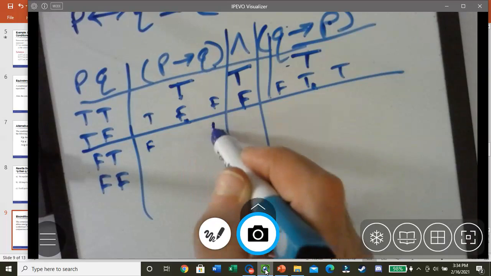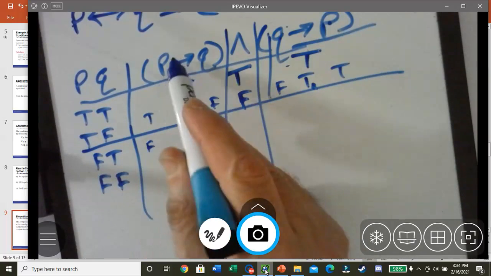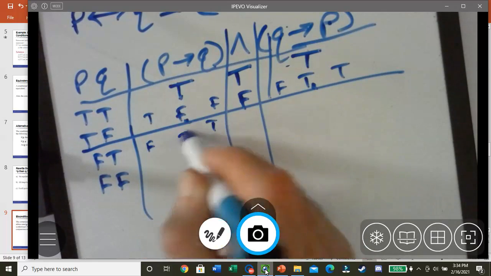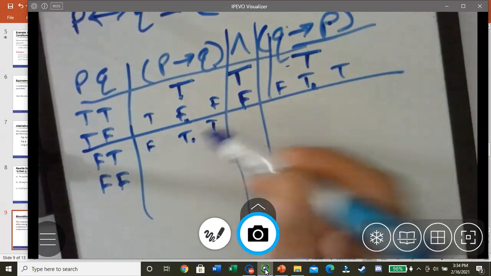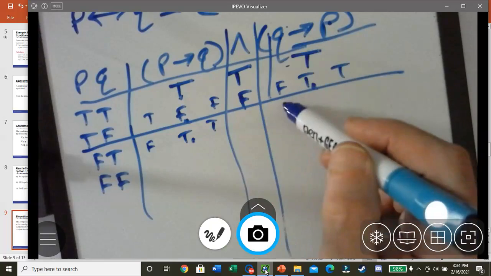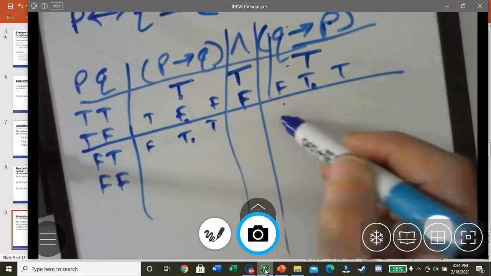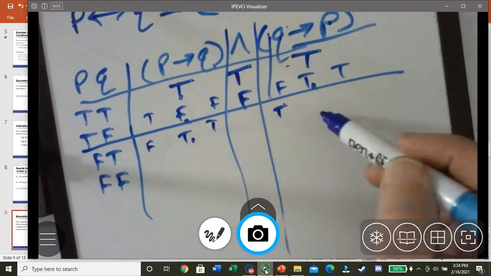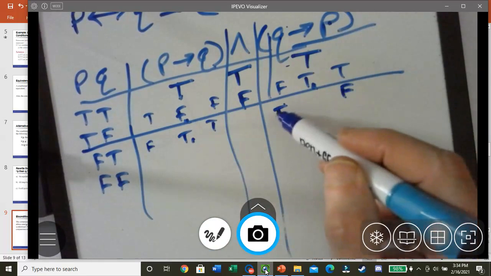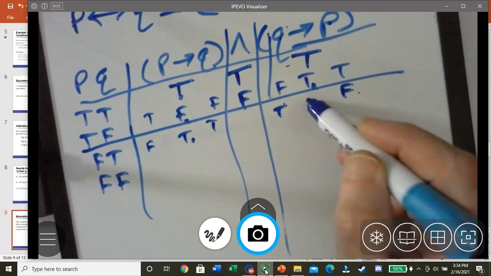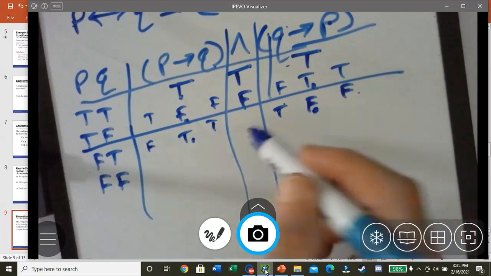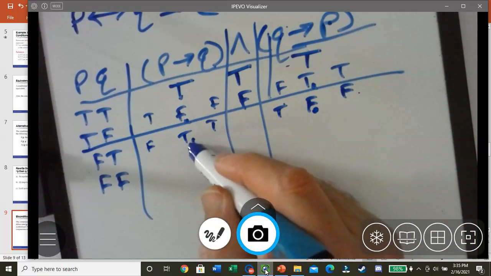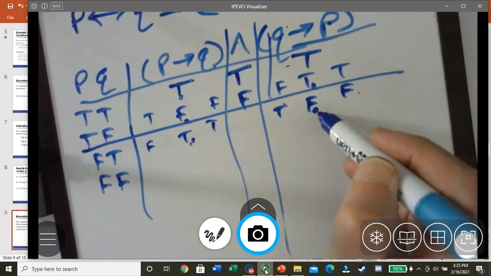Q is true. If false, then true, that's true, because the only one that's false is if true, then false. Okay. So now here Q is true. P is false. If true, then false is false, because the only one that's false is if true, then false. So now true and false